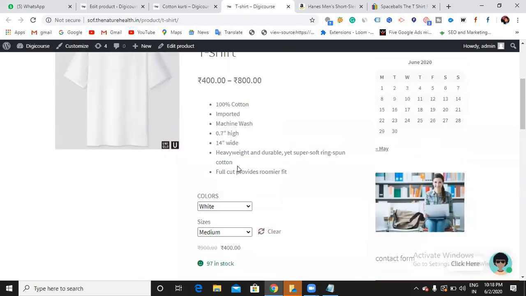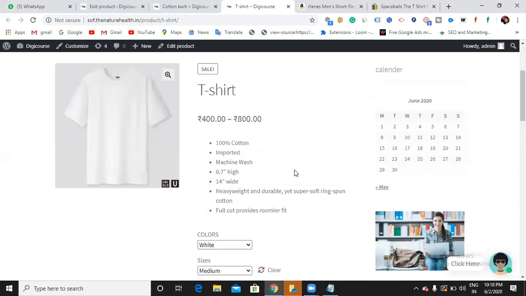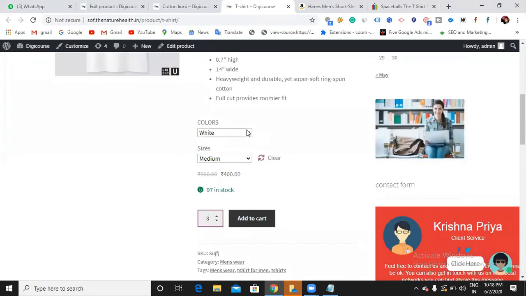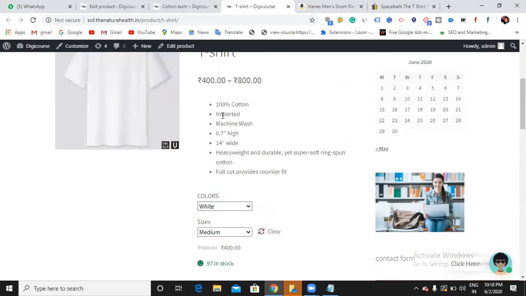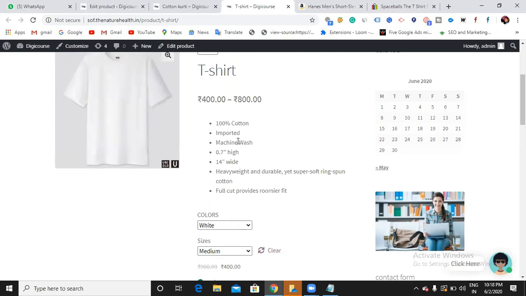So in such a way, earlier when I had only a simple product, did I have the option of choosing any colors and sizes? No. Why? Because as it is a simple product, I haven't used any variations. So this is what you have to do with a variable product. When you feel that you have some sizes and some attributes for this product, you can choose it, otherwise not required. Okay, so this is one thing you can do.